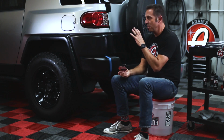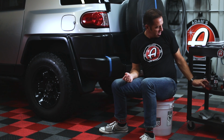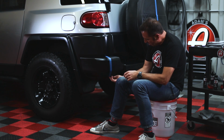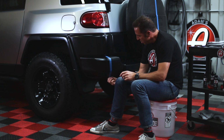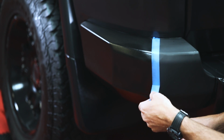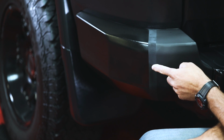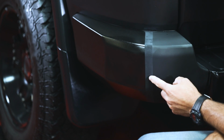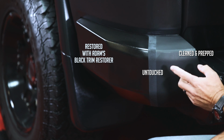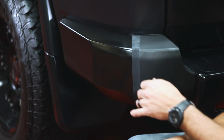I've kind of done this little back corner section now of the Toyota, and earlier we put some masking tape on just so we can kind of have a little before and after. Now you can see that on this half we went ahead and cleaned and coated it. On this we did not. So this is the way it looked before we did any of the cleaning or the coating. This here after just removing the oxidation and using the coating prep,